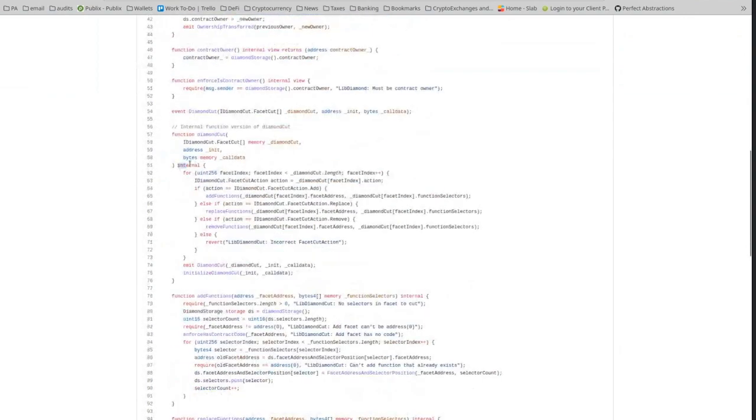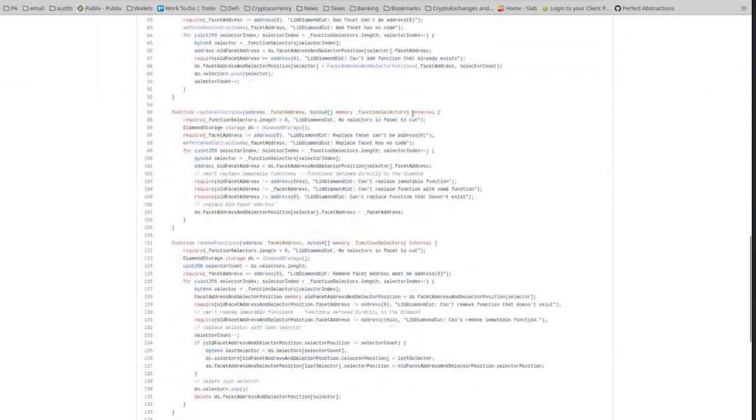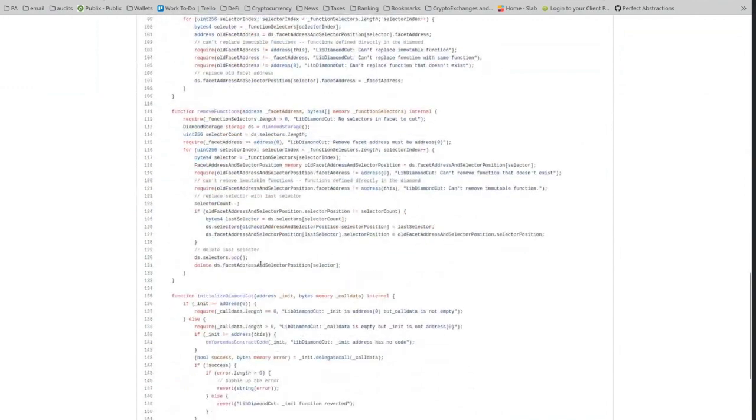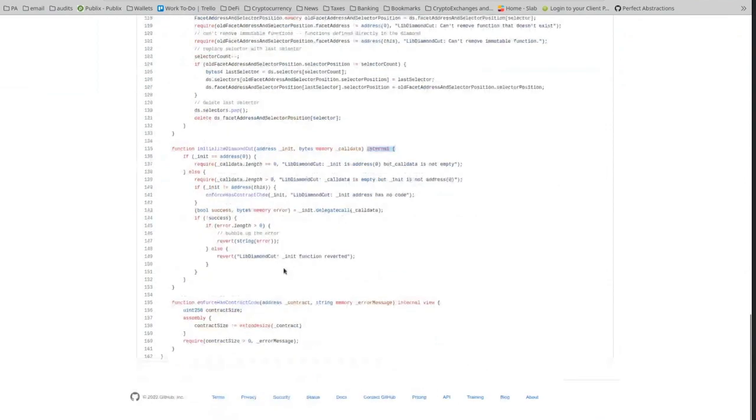Okay. And I'm going to talk about upgrades, but before I do that, I just want to point out that this library here, LibDiamond, has some other functions in it. But if you look at them, they're all internal. Every function in here is internal. There's no external functions in here. No public functions, which is another form of external function. They're all internal. That's important because Solidity libraries, defined by the keyword library here,